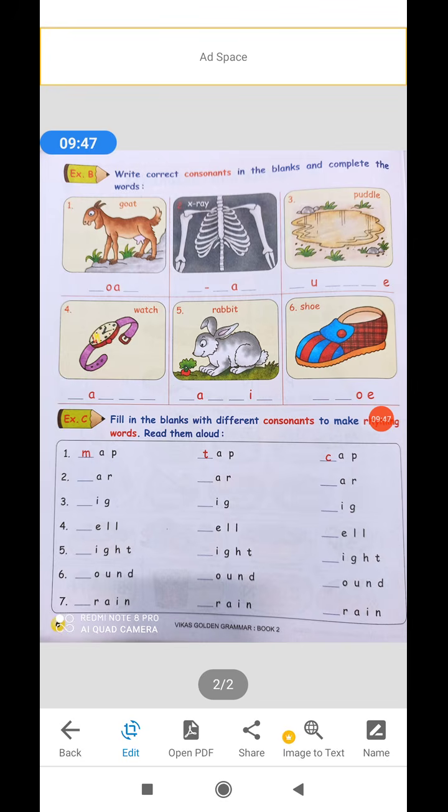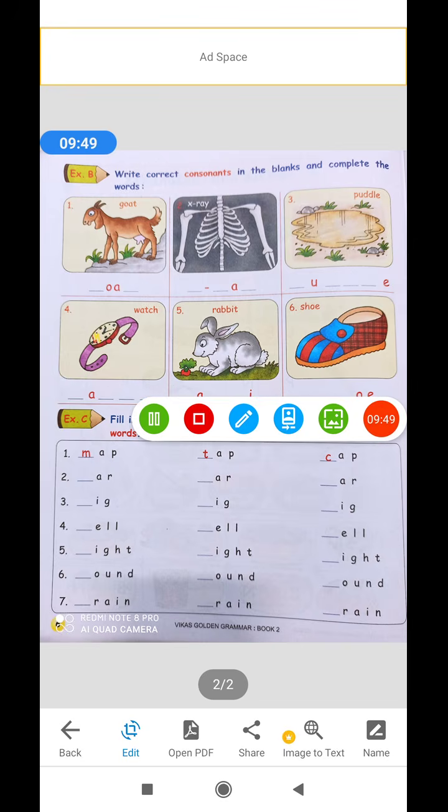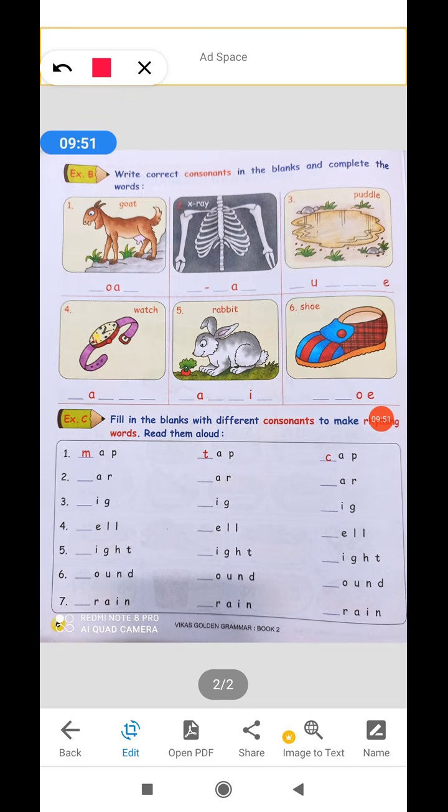So moving to the second one. What is this here? Dash AR. We have to use only consonant letters. Yes, it's very easy. We can use C here because C is a consonant letter. Then again car. What rhymes with car? Yes, it can be far. So again we will write F here. Again F is a consonant letter.